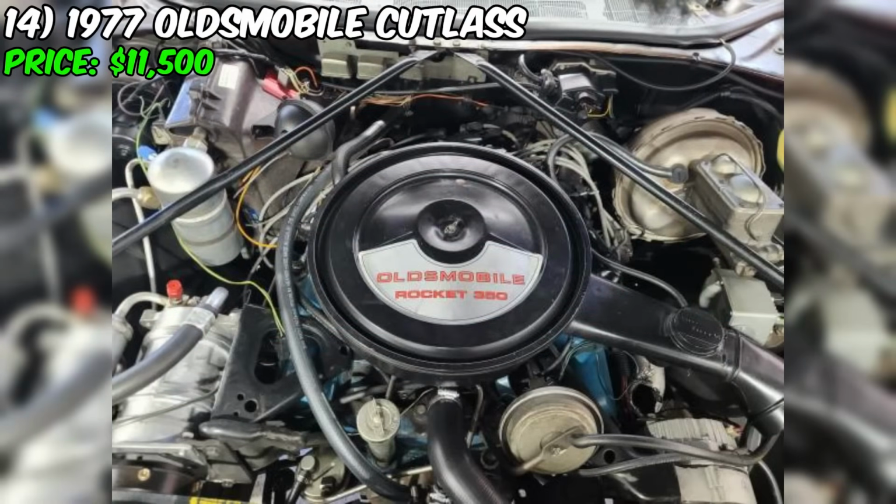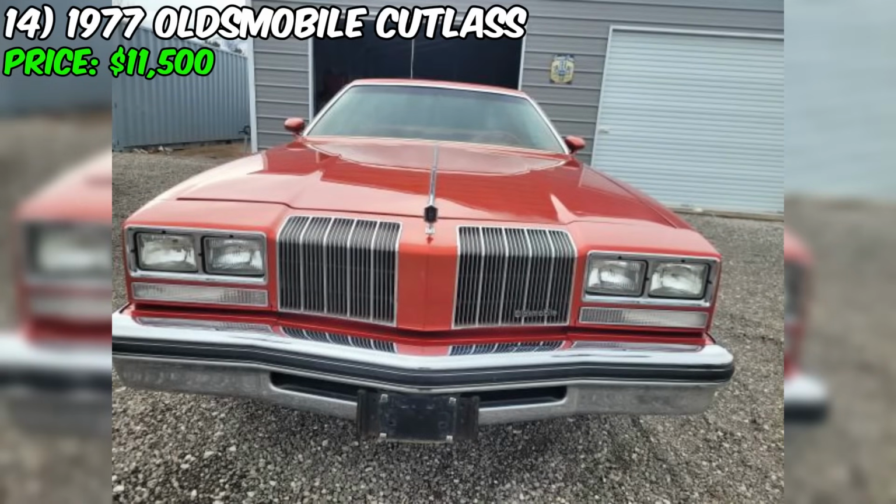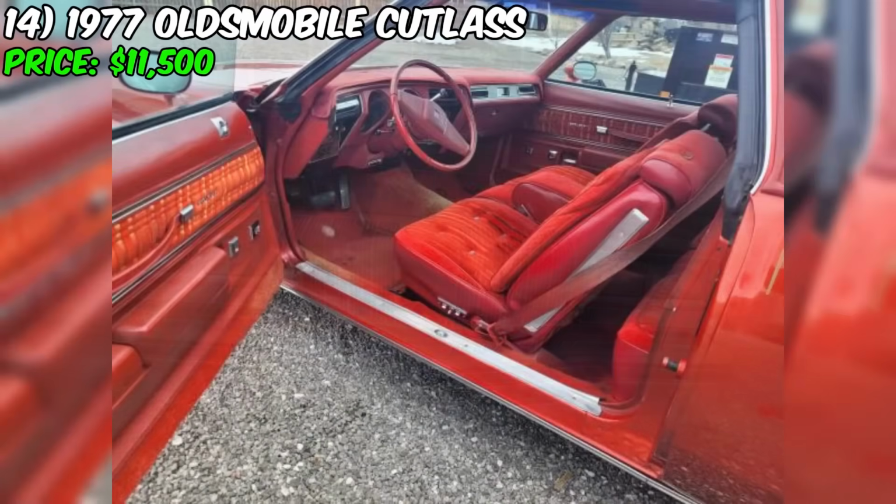And given how well this Cutlass has been maintained, we have no doubt that it's got plenty of life left in it. At the end of the day, this 1977 Oldsmobile Cutlass Supreme Brougham is a rare find on Craigslist. With its stunning good looks, powerful V8 engine, and well-preserved interior, it's a car that's sure to turn heads wherever it goes. And at just $11,500, it's a bargain for any classic car enthusiast looking to add a true gem